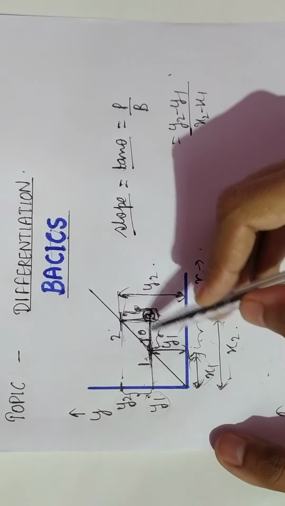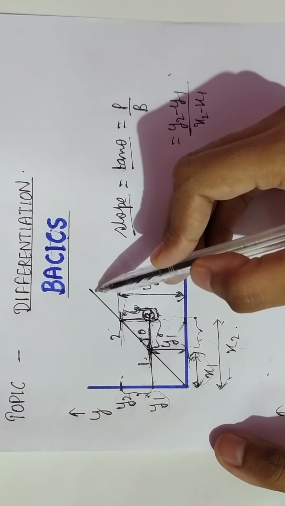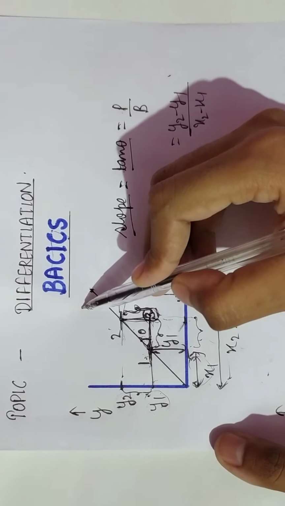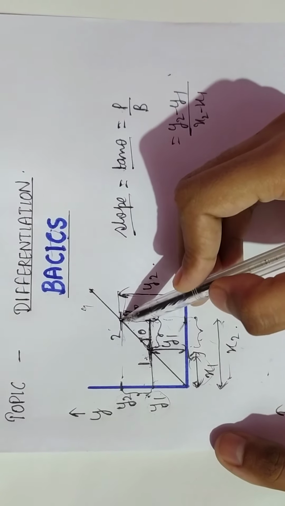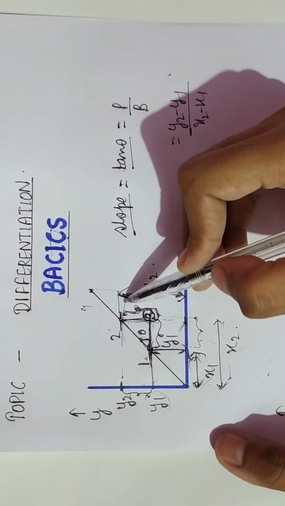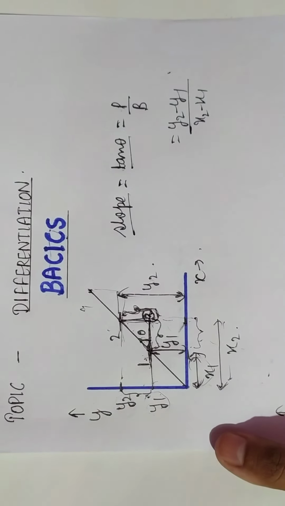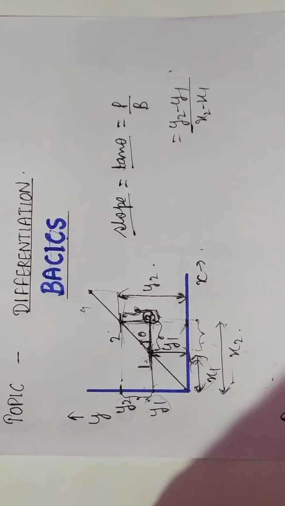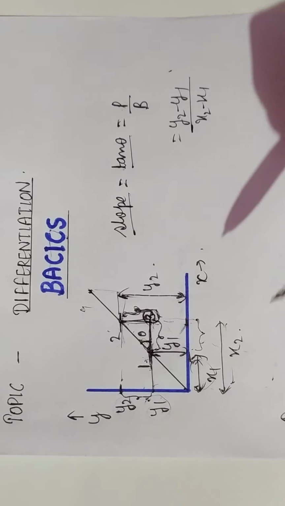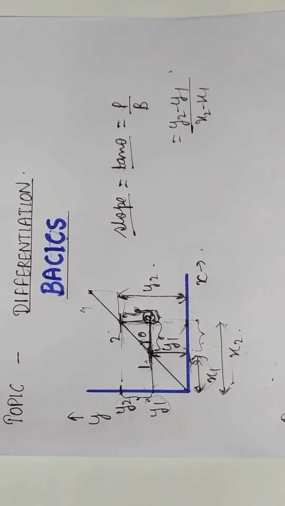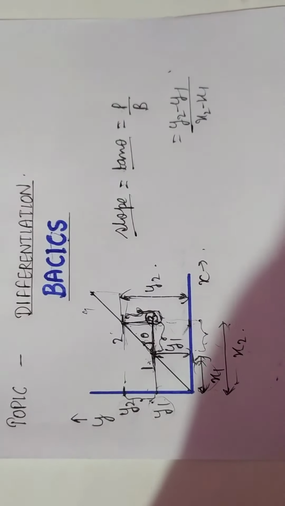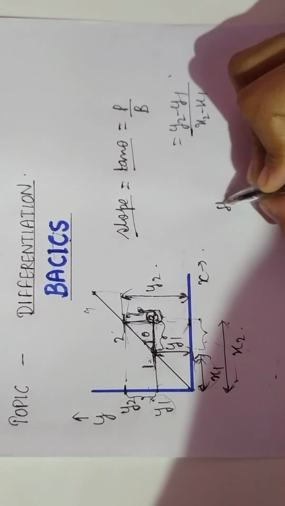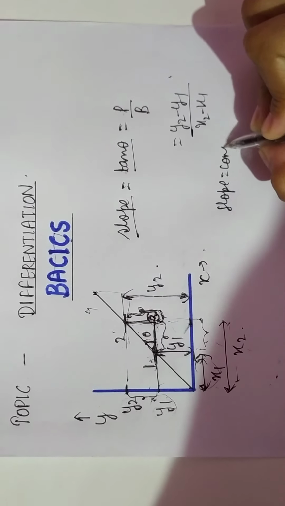If we want to find the slope at any other point, let us say between 2 and another point, 4, it is simple. We follow the same procedure and find the slope. When we find the slope at different points on this line, we find that the slope at all the points is the same. Why? Because this is a straight line, so the slope is constant in this case.